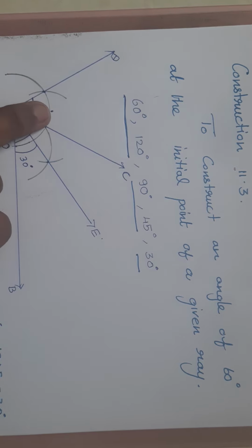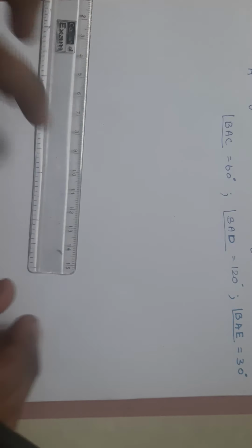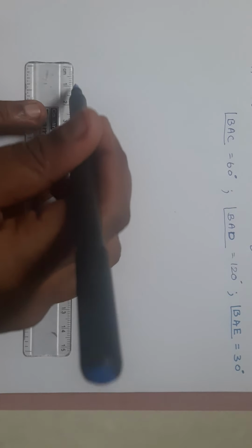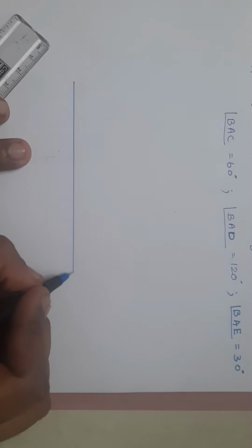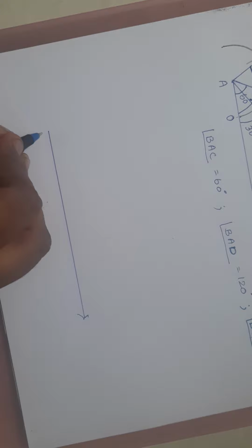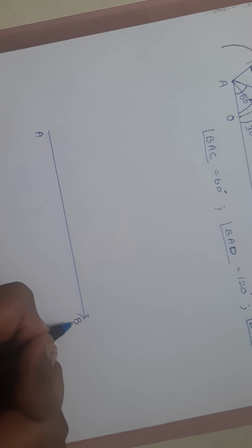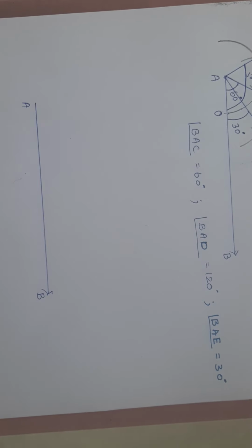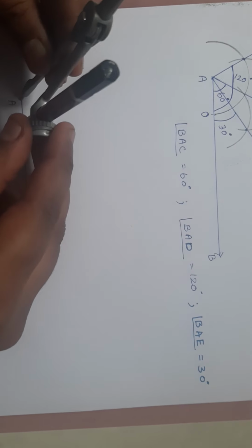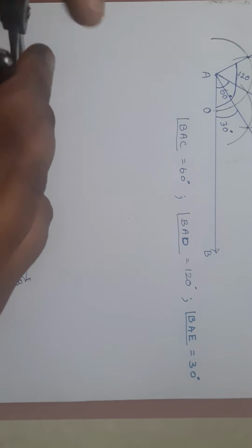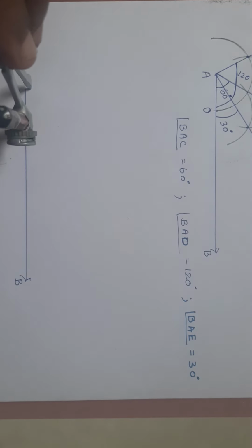Okay, so 60 plus 30 is 90. So we will do it separately for 90 and 45. First, draw one ray AB. Okay, take your compass, take any radius, keep your compass on the point A,